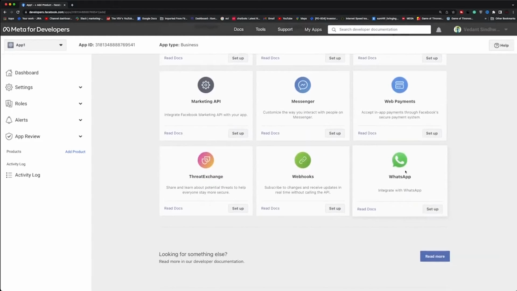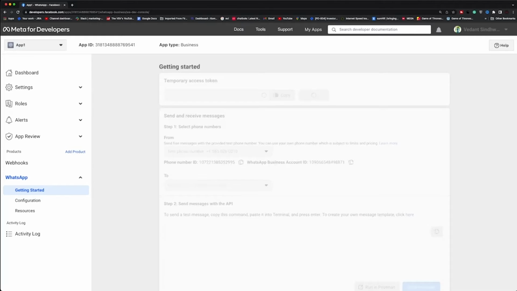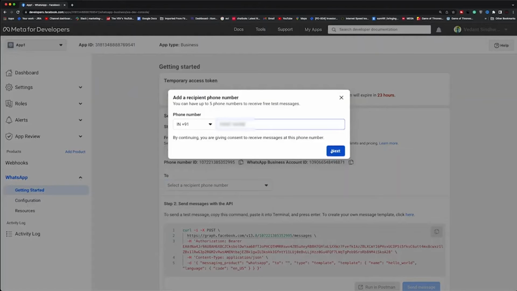From here, scroll down to the WhatsApp section and click Setup. The next screen shows you a list of the terms and conditions you must accept before using the WhatsApp Cloud API. Hit the Continue button and you are good to go. We now come to our final screen. Here you are given a unique phone number ID and a unique WhatsApp business account ID. The From number is a test number that is assigned to you. The To number is the number you wish to send your first WhatsApp text to. Enter the number for receiving test message and click Next.